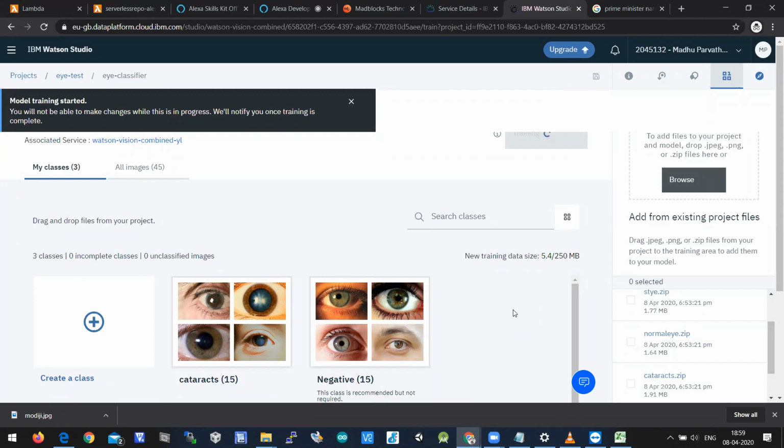You can use this model in your Android application, or in an iOS application, or in a Python application, or in a web application. You can integrate this model anywhere in any application, because this model is hosted online. All this model, all this neuron is hosted online. You can access this neuron from anywhere across the globe if you have API credentials associated with it. When you have an API key and all, you can access this model from anywhere. So that is the most important thing here. And all these images are getting trained using deep learning algorithms which are running on the machines of IBM Cloud.